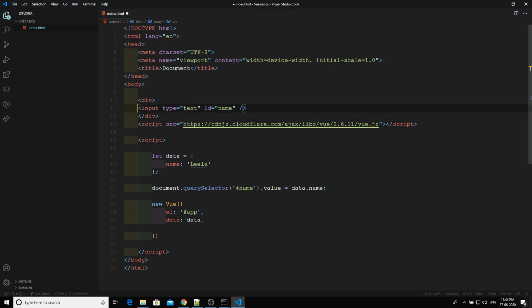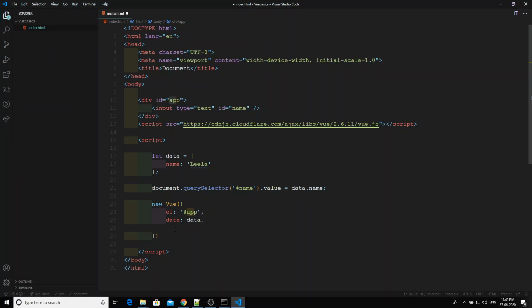Now what this Vue instance will do is that whatever HTML elements are present inside this app element, only there will the Vue instance apply and the reactivity apply. Whatever HTML is outside this app div, the reactivity will not appear. We have given the id as app.